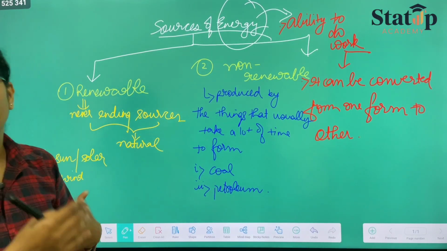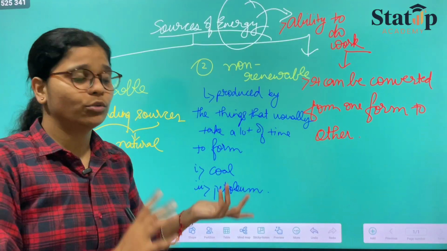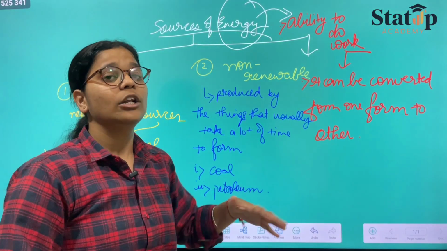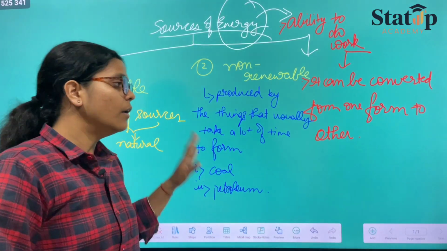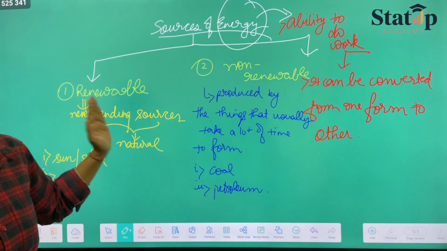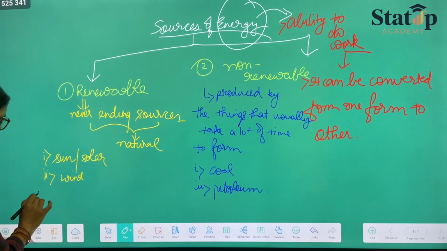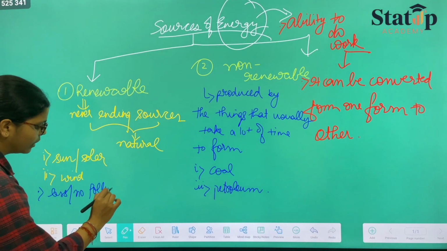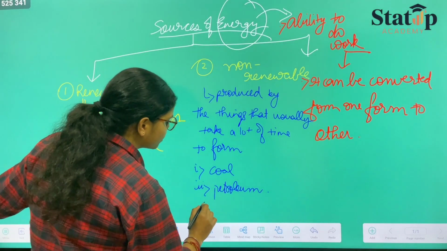Renewable sources are never ending, they will not end with respect to time, whereas non-renewable sources will certainly come to an end with respect to time, as they take a lot of years to form. One more thing, renewable sources create less or no pollution, whereas these sources create